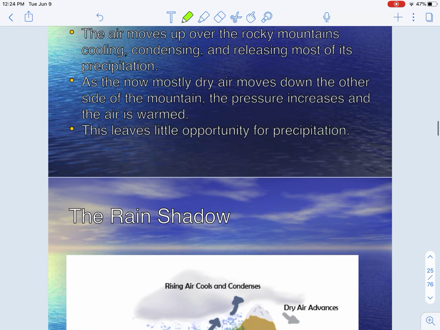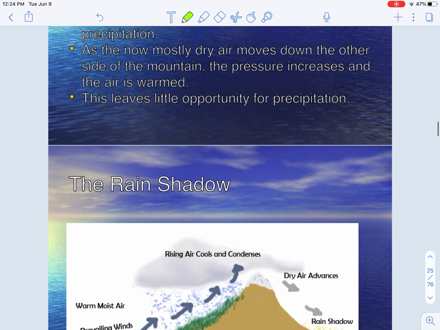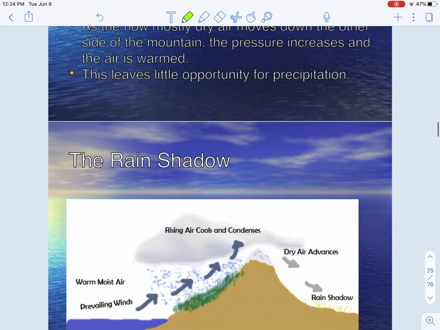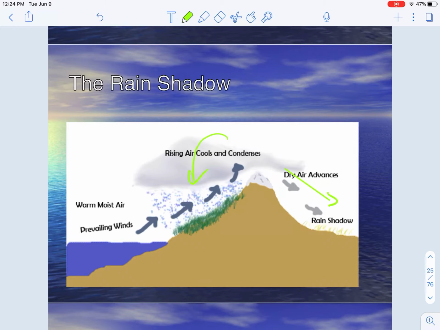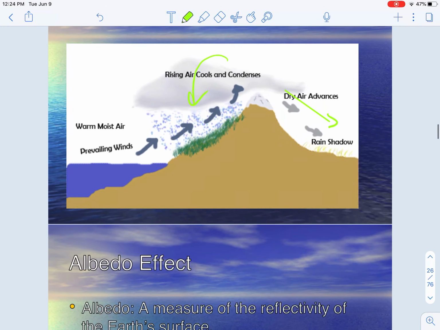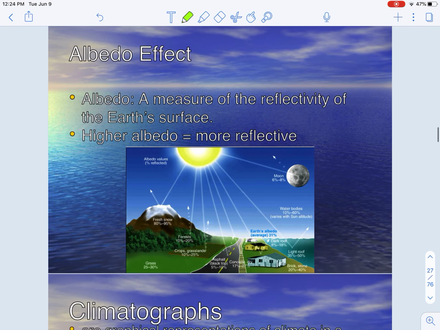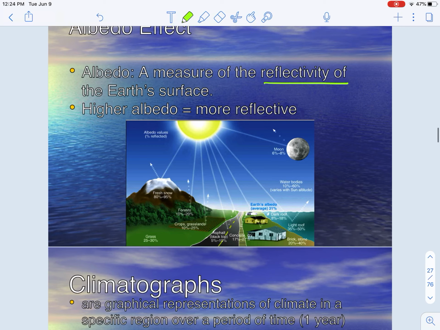Okay, rain shadow is when air is moving up over the Rockies, and as it does so, it will condense and precipitate on that side of the mountain range. And so the precipitation tends to happen on the side that's closest to the oceans. What happens is dry air is all that is moving on to the other side. And so this is giving us Chinooks, or dry warm winds, for example, that hit Calgary, because the precipitation has happened on the other side of the mountain range.